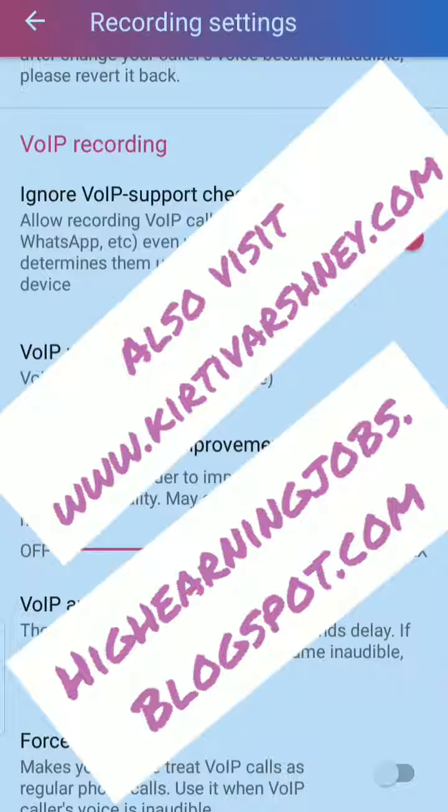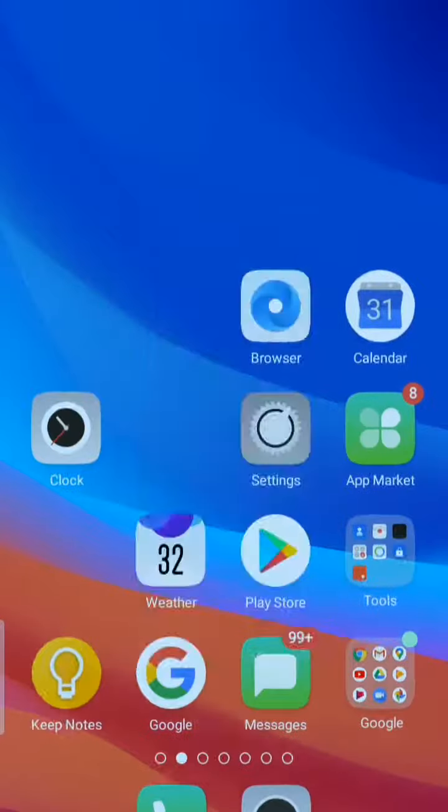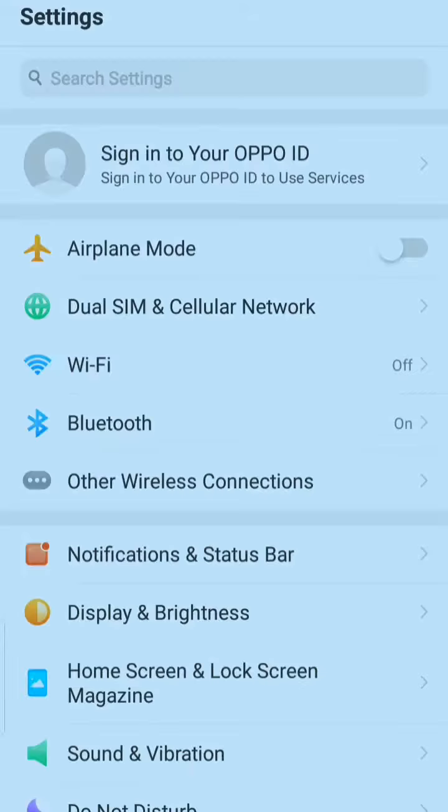So the next setting you have to do is, if you are using it for the first time, then you will automatically be redirected to a setting of your phone where you have to do the following thing that I am going to tell you. I am doing it manually, because I have done it 7 to 8 times, that's why I do not get redirected to the page. So I will have to go there manually. So I am clicking on the settings tab.